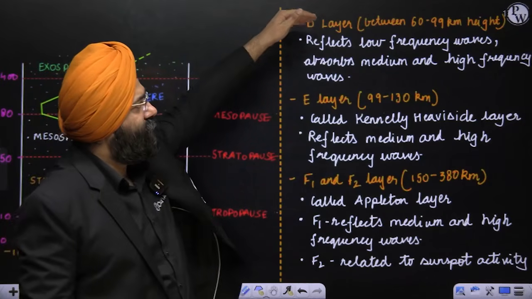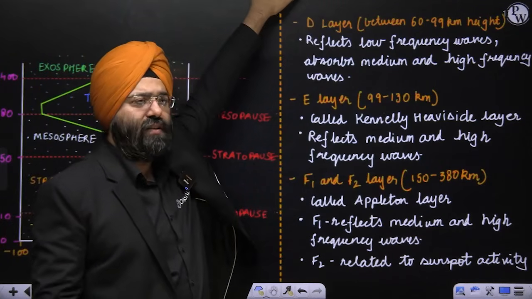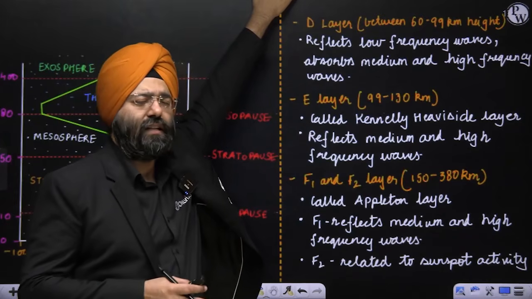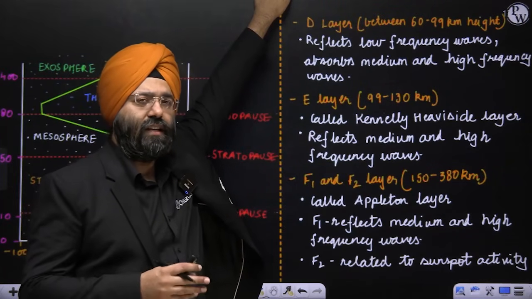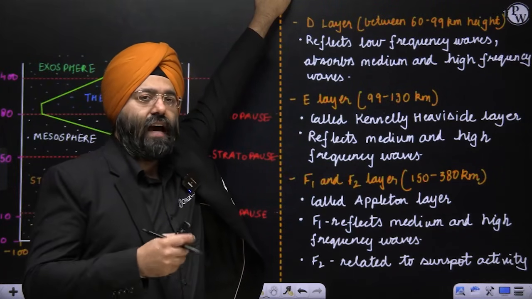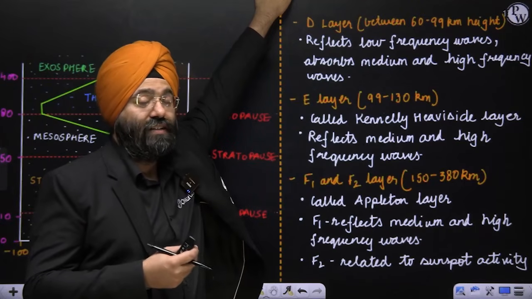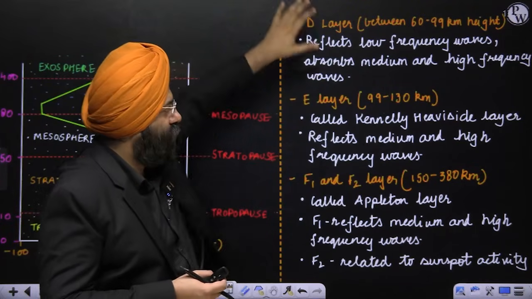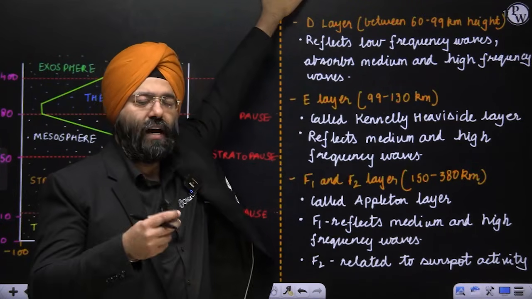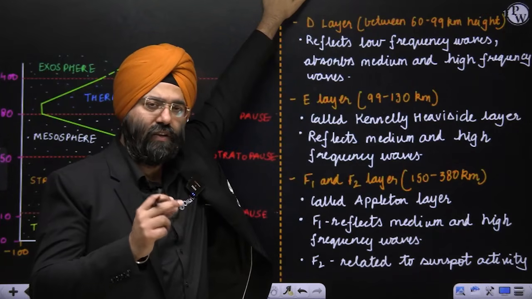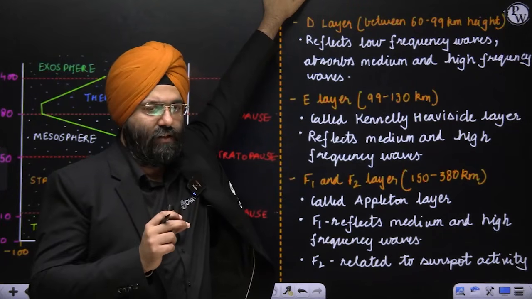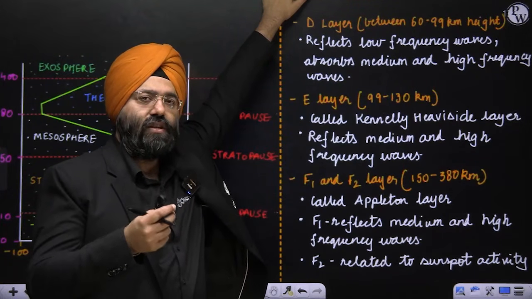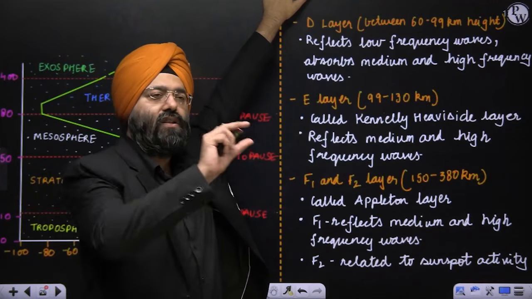D layer between 60 to 99. Now you will be saying, sir, 60 to 99, this will come in the mesosphere. Yes. As I said, these are the layers where a dynamic phenomenon of ionization takes place. So these layers which you realize are, the ionosphere itself is a part of the thermosphere as well as the mesosphere regions. And as the ionization takes place, this region where ionization is taking place is known as